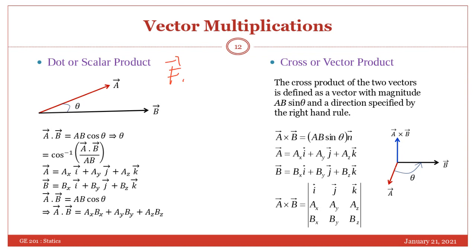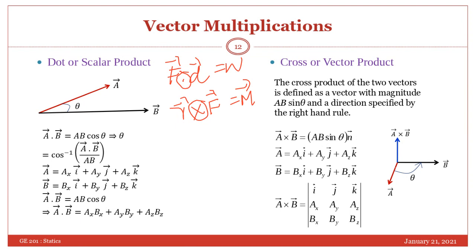And when you multiply a position vector with a force vector, you get a quantity called moment, which is a vector quantity. So you can have a scalar answer or a vector answer. Depending on whether your answer is scalar or vector, we use two different symbols for multiplication. The first symbol is the dot, and the other is the cross. Whenever you use the dot sign between two vectors, your answer is going to be scalar, and whenever you use the cross sign, your answer is going to be a vector.